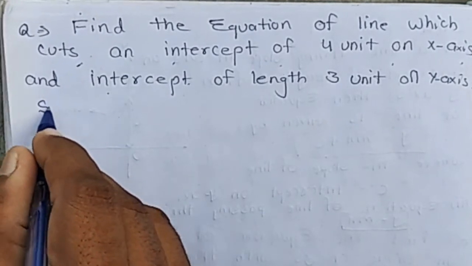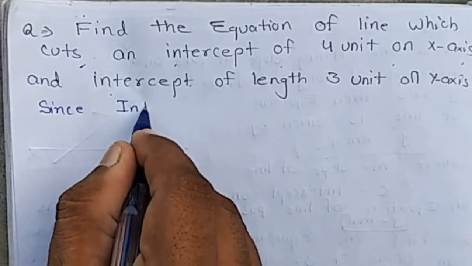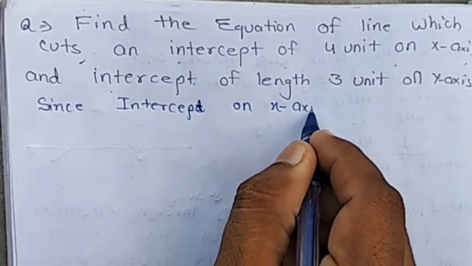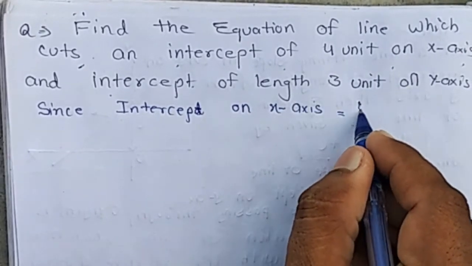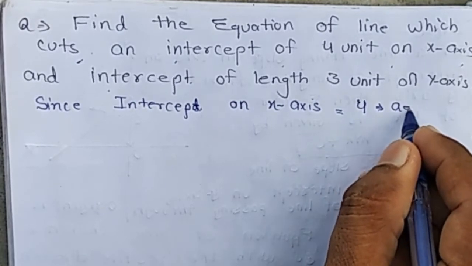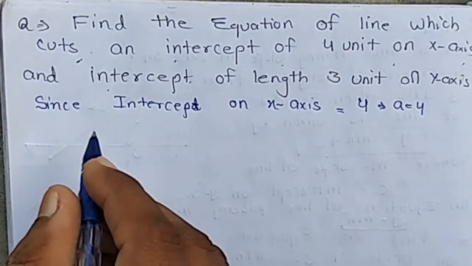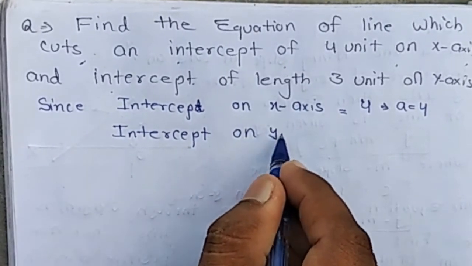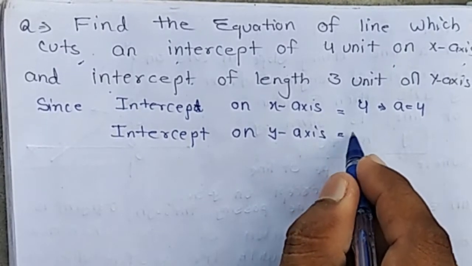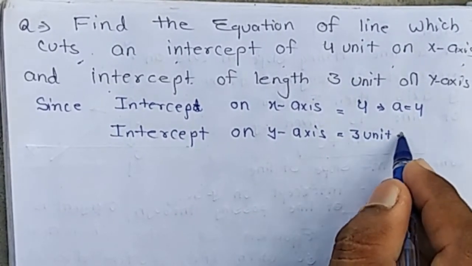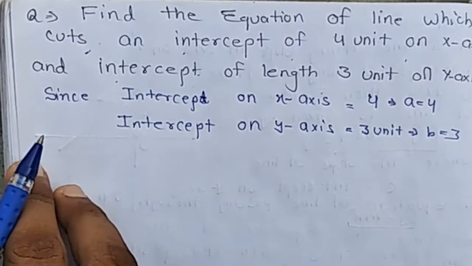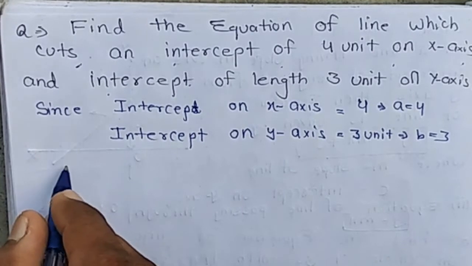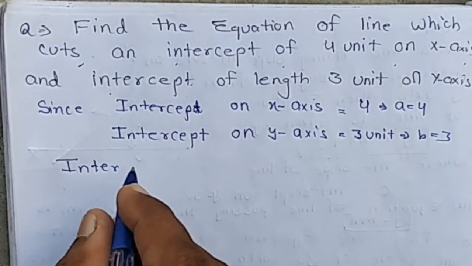Since the intercept on the x-axis is 4 units, it is the value of A, and the intercept on the y-axis is 3 units and it is the value of B. We know that if a line cuts an intercept of length A from the x-axis and an intercept of length B from the y-axis,